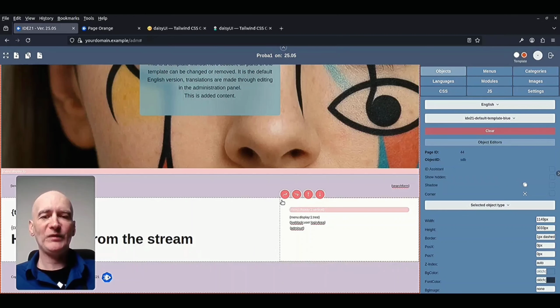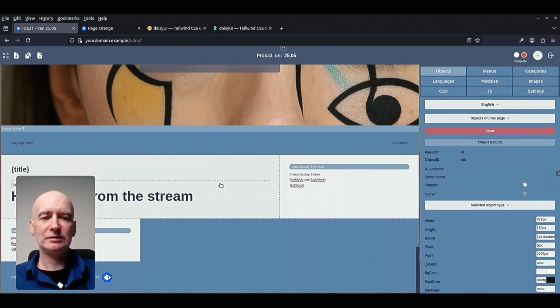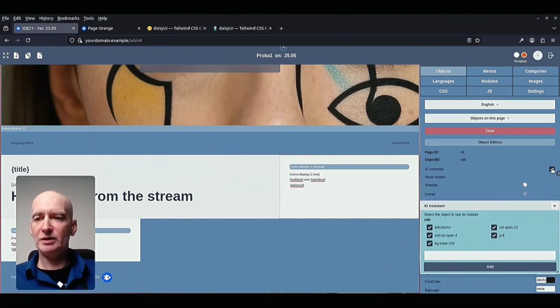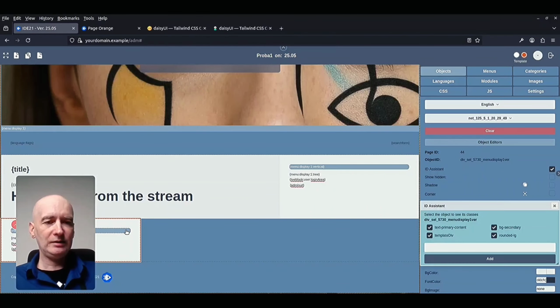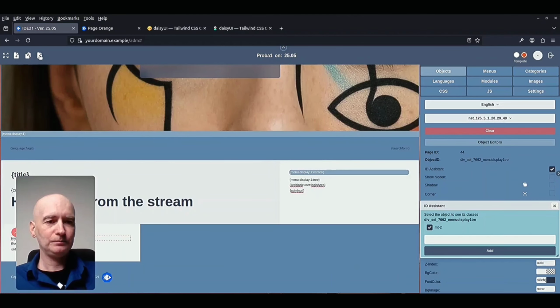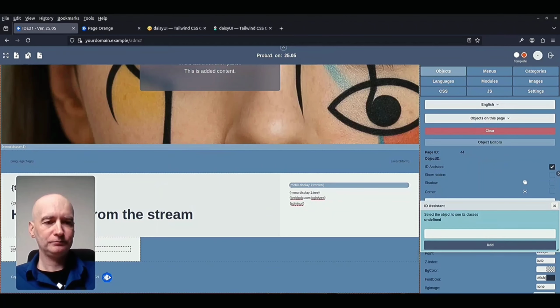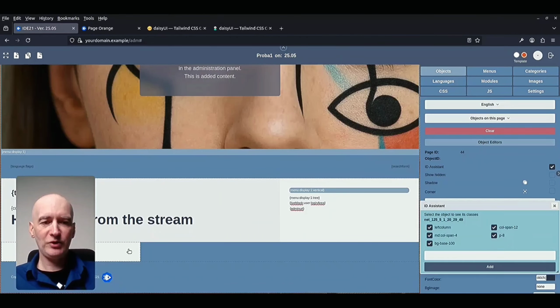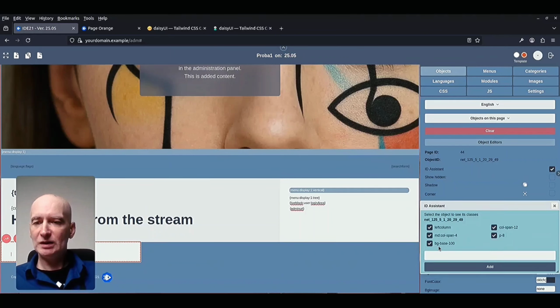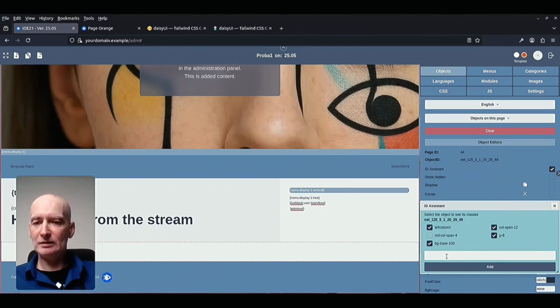Let's now add another section. I will clone this object and I will turn ID Assistant on, and we will create. First, let us remove the unwanted elements or objects, and let's make this full width.